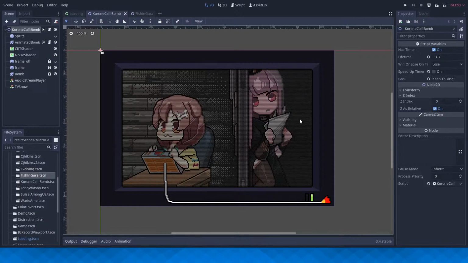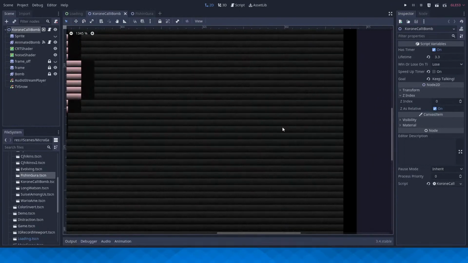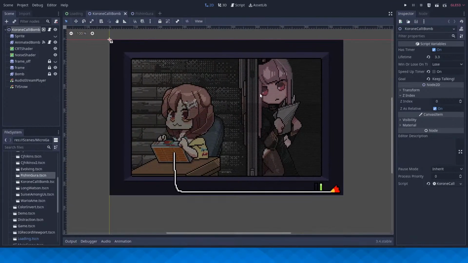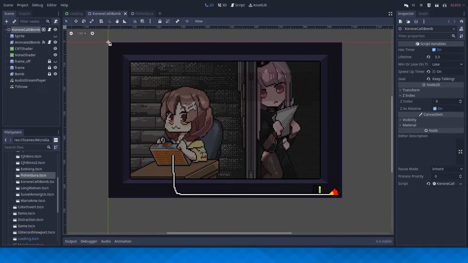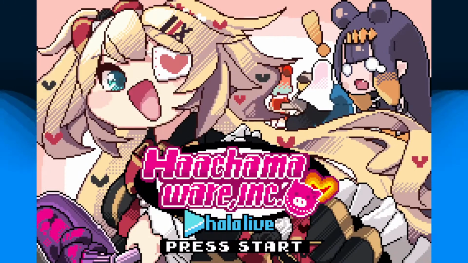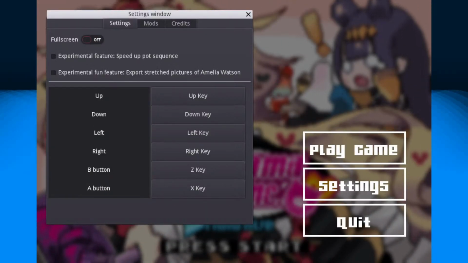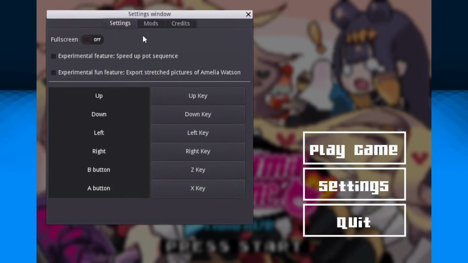Let's see, what else do we have? Well, we have this CRT style shader, we have some scan lines, and we also have a noise effect. And if I start the game real quick, let me switch over to stop the music as well, and transition over. There we go. Does this record correctly? Need to make sure it does, because Godot can be a bit funky when it comes to that. Alright, yeah, it seems to be recording correctly.